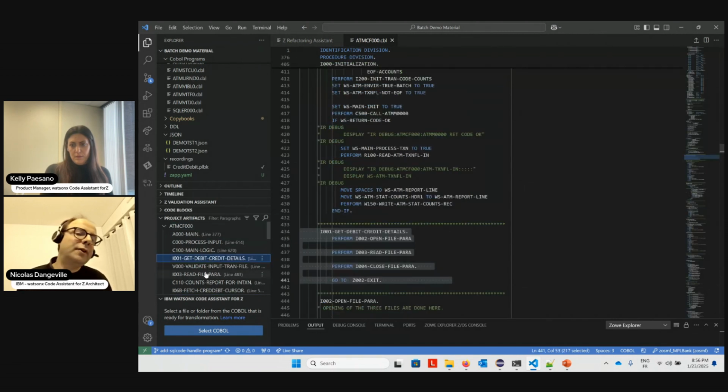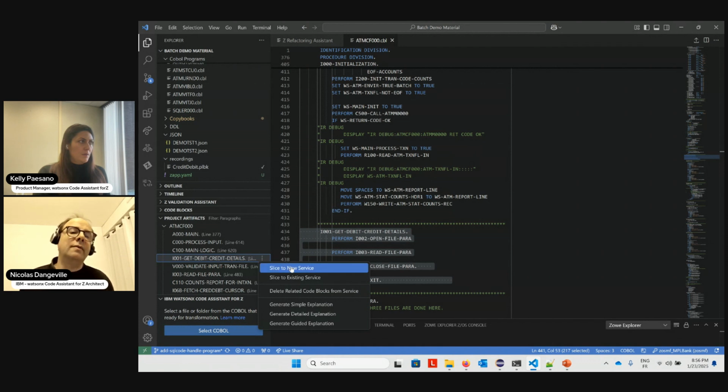And of course, there's one well named that seems to be a very good entry point for the process that I'm running. You see, it opens the files, it reads the files, the data, it's closing things at the end. Oops, it has a GO TO. But it seems that if I go in deep with what is being performed from this paragraph, I may find what I need. Now, I'm not going to do that by myself, but the tool is going to help me.